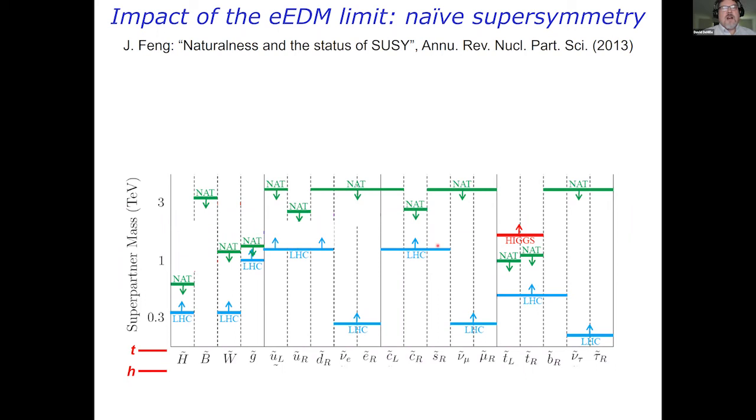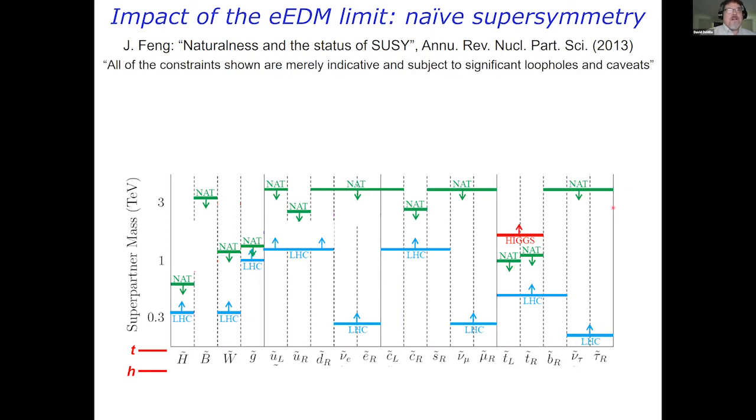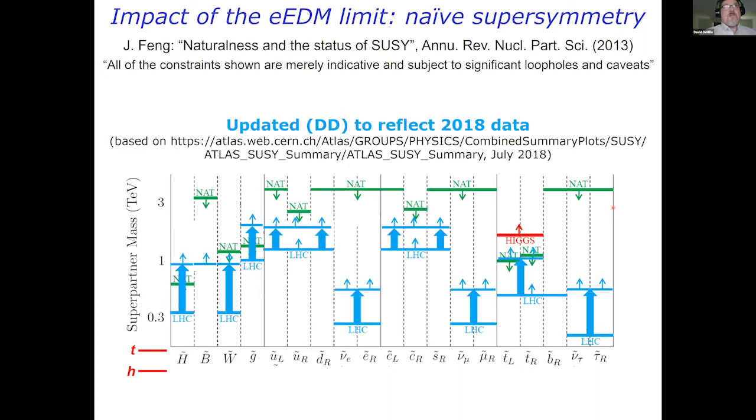So only above the blue lines was allowed by the LHC back in 2013. The green lines were what this particular version of supersymmetry, a fairly generic version, was predicting in terms of where the supersymmetric particles should appear, with mass below the green lines in order for the theory to look natural. You can notice that the Higgs mass already provides some tension. It's higher than it was expected to be in supersymmetric theories. So I've done my best to update this plot. The LHC limits from about 2018 definitely improved.